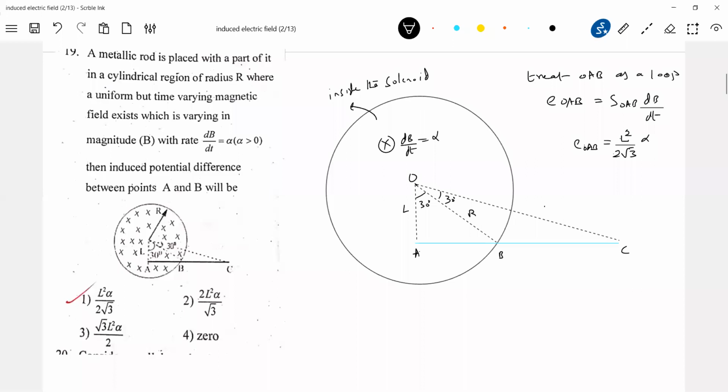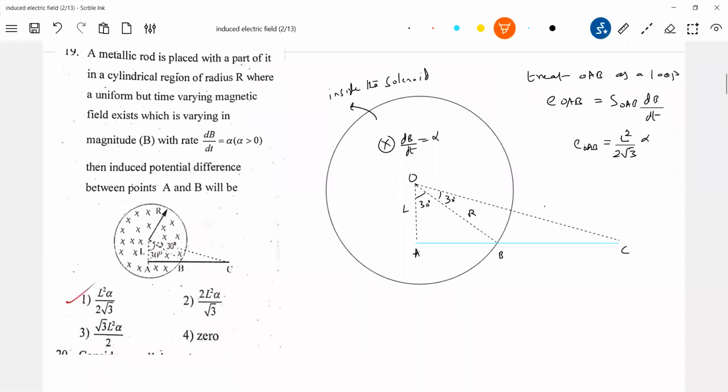And how to produce that varying magnetic field, we have already discussed, like B equal to mu naught N i. If I send a variable current, it will produce it. This is the background, always keep it in mind. And all our problems are related to a field produced by a solenoid only, because other structures cannot produce a time varying field. A solenoid is the easiest one. That's why all our problems are confined to circular magnetic fields only. And now how will E bar be directed at various points.